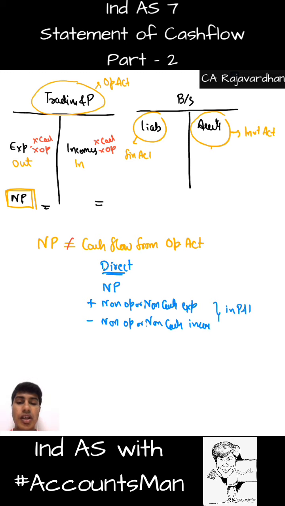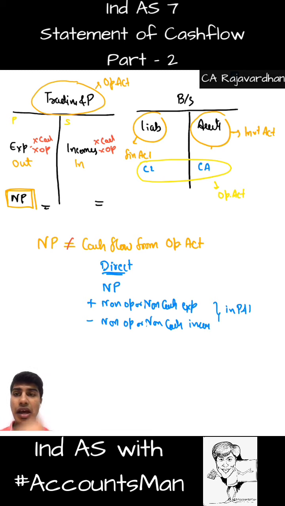You get that? So when we do this, we'll start getting cash flow from operating activities. However, another important point we forgot here is these assets will include non-current assets as well as current assets. These liabilities will include non-current liabilities and current liabilities. These current liabilities and current assets are basically operating activity items. Why? In our trading account, we'll have purchase, sale, and everything. So those will again denote our operating activities. We can't take purchase, sale here because there might be credit purchase and credit sales.